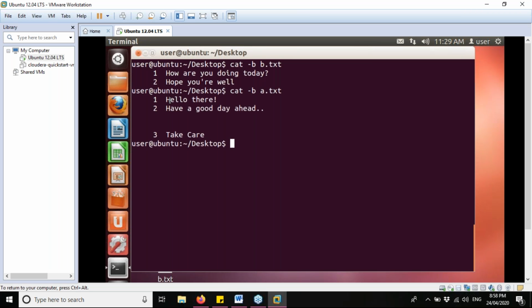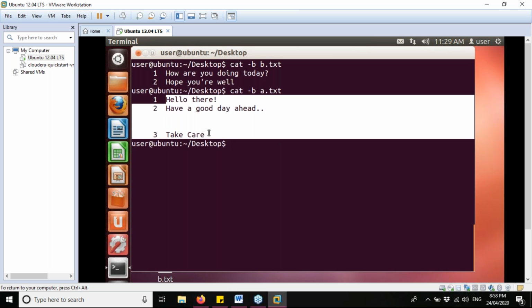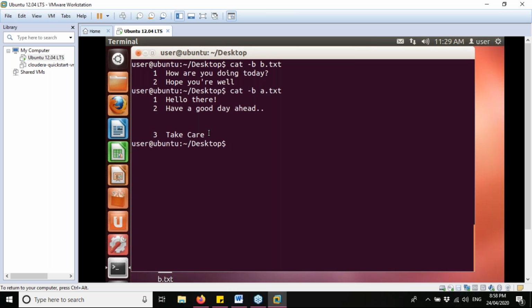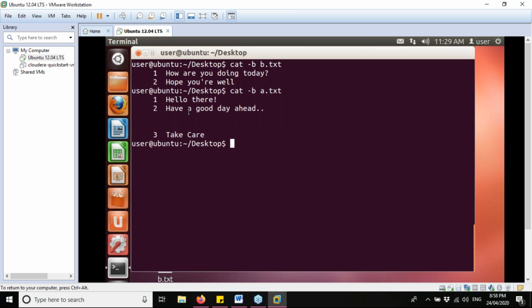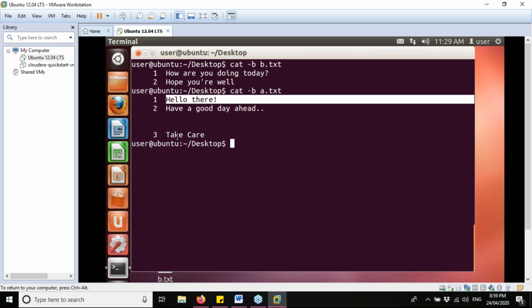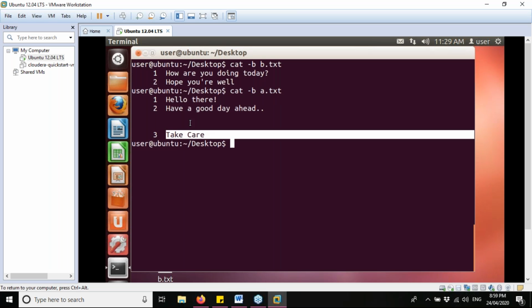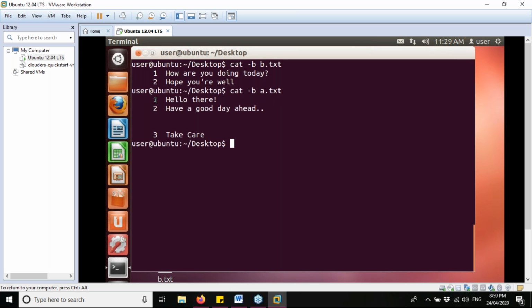Now see, the lines have got numbered, only the lines which have got some contents in them. Now see the blank lines here, as in the previous one, did not get numbered. These two, this one and also this one, are not numbered here. Only the lines which contain some characters have got numbered.